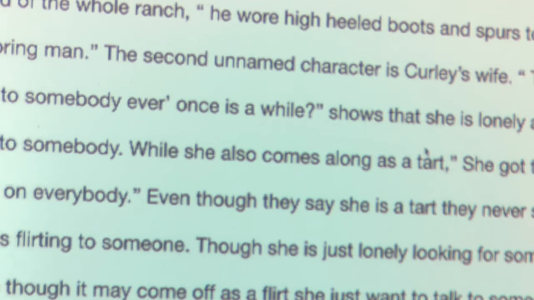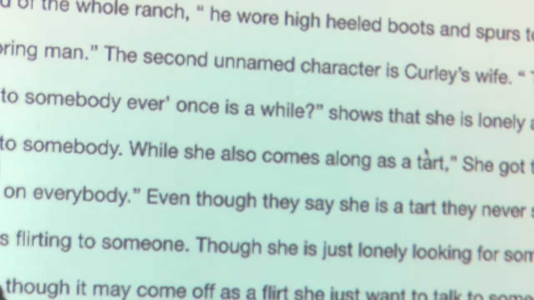I think that's a great quote because he wears high-heeled boots to prove he's not a laboring man. If you're wearing high-heeled boots on a ranch, you're a boss. Okay? That was a good quote to use, and I will tell you over the years, there's not much in this book about the boss. This is our go-to quote.